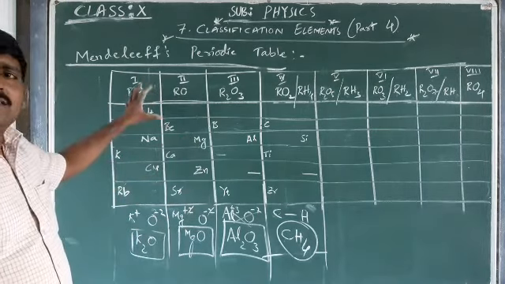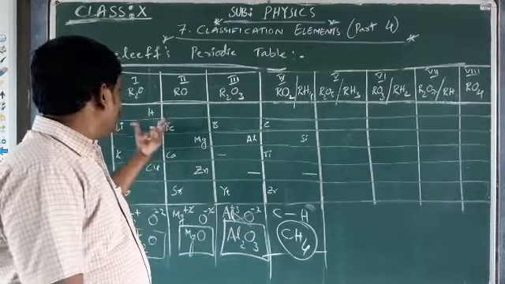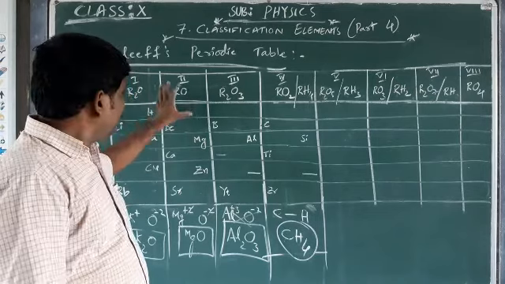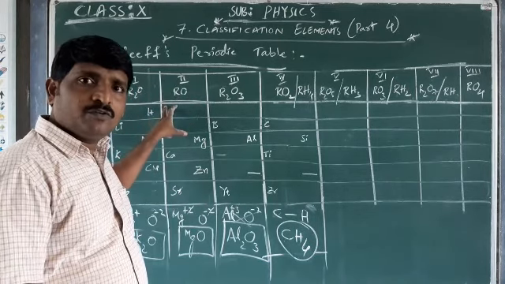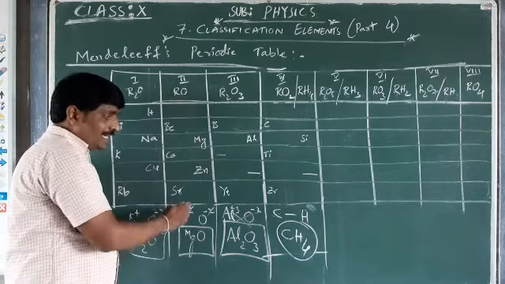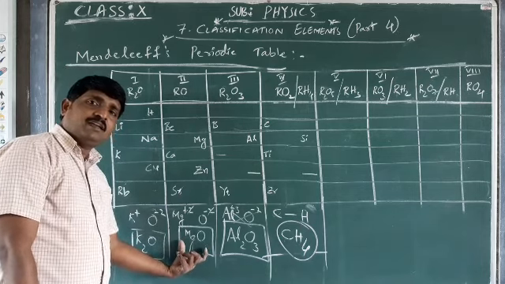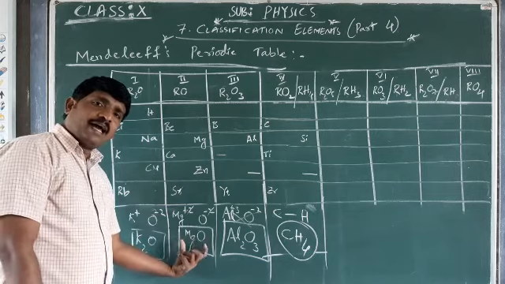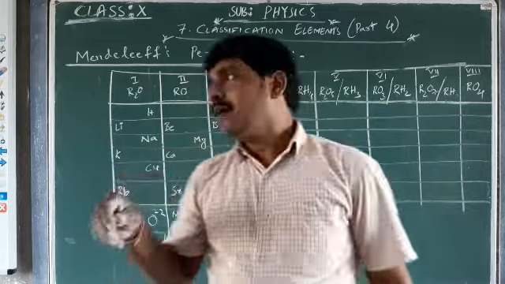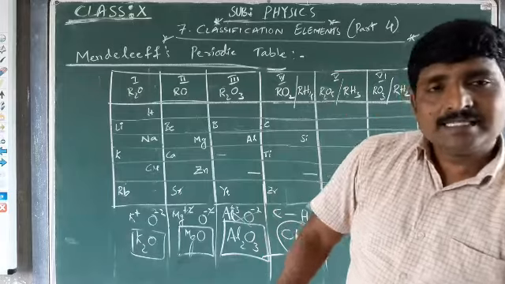Okay, that is the basis. Mendeleev divided the elements into 8 vertical columns such that they have the same physical and chemical properties. Not only that, the elements in a respective group, when they react with oxygen, form compounds with a similar chemical formula. That is RO, where R represents all the elements present in the group. That is the explanation.